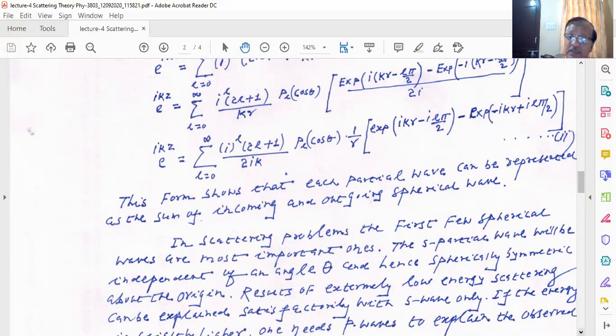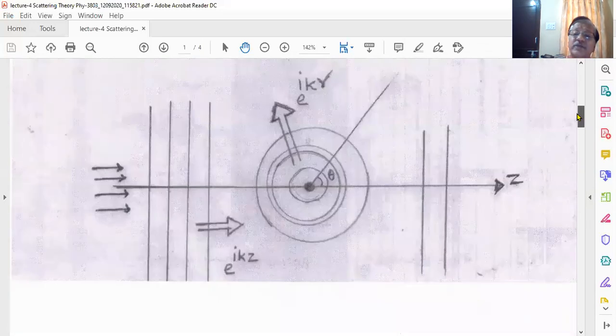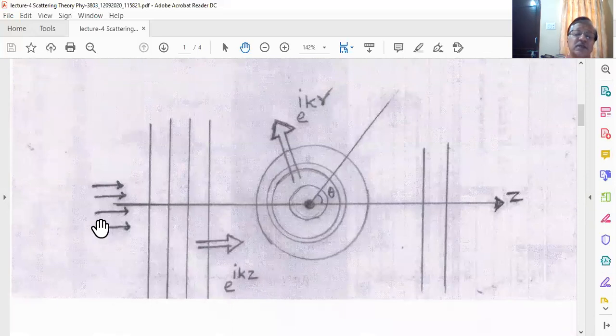Look at the diagram: this is a beam of incident particles moving along the z-axis. These are free particles, so it is treated as a plane wave moving along the z direction, which we write as e to the power